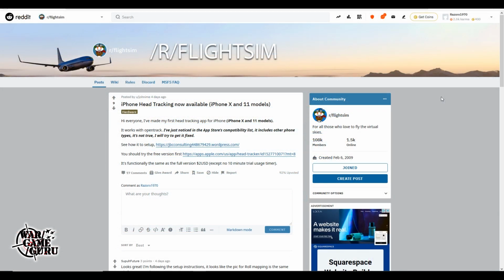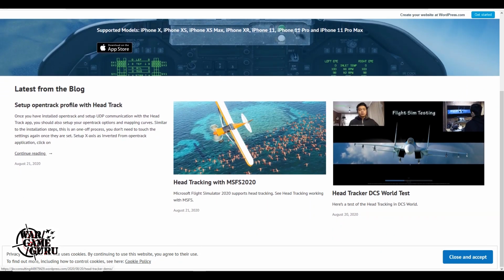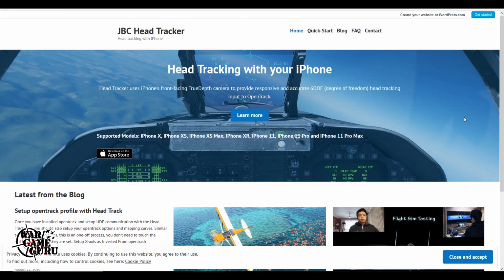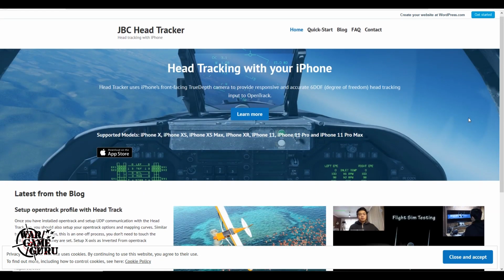Here's something I found that I thought was interesting. I guess if you have an iPhone X or 11 and OpenTrack, you can do some head tracking in flight sims. And there's an article here on how to set it up with your iPhone. Basically the dude just has his phone right in front of his computer there, and it just tracks the head movement. So I guess it is a poor man's TrackIR. If you don't have any kind of head tracking and you happen to have one of these iPhones, maybe you want to give this a shot, because